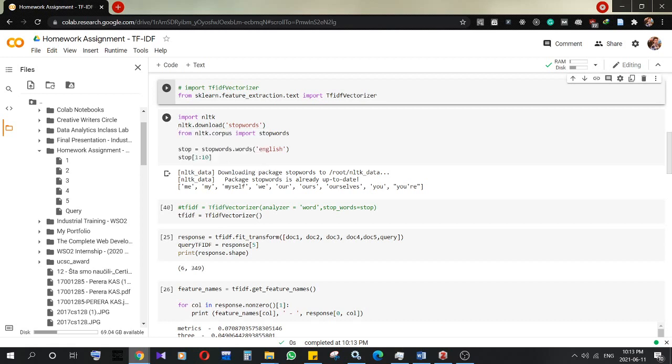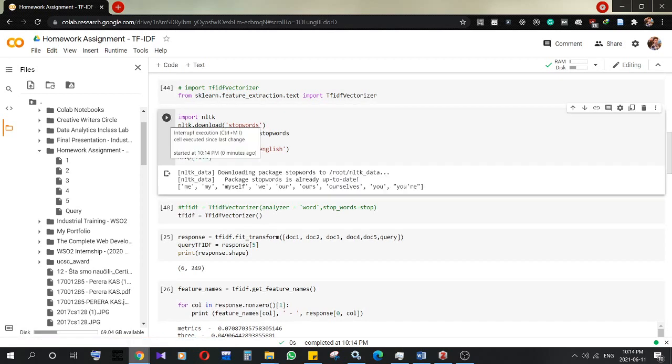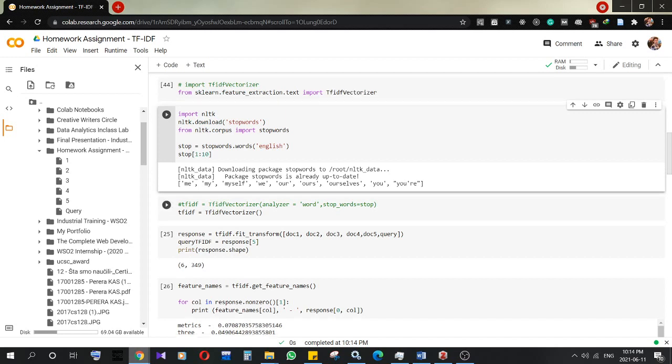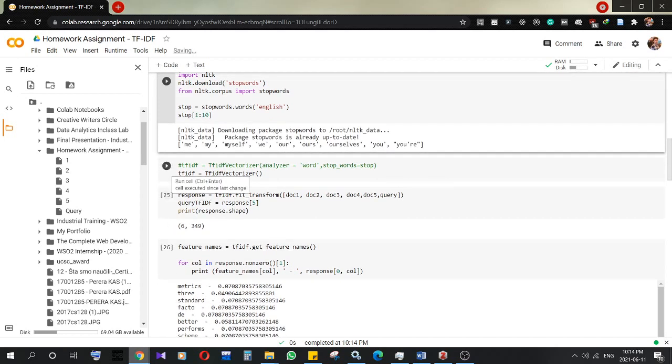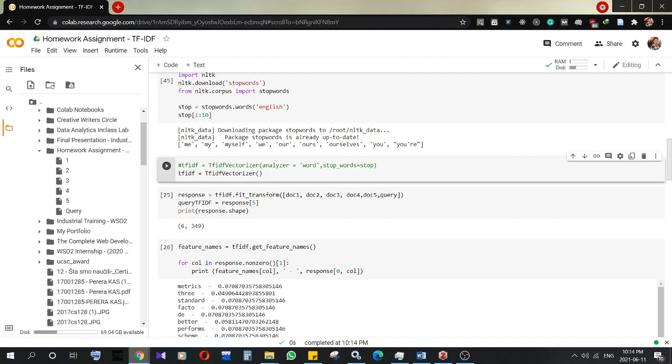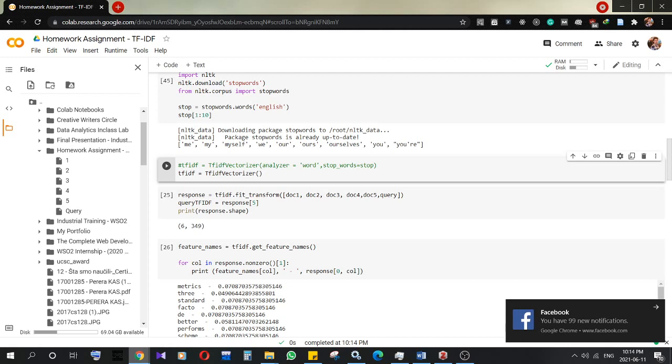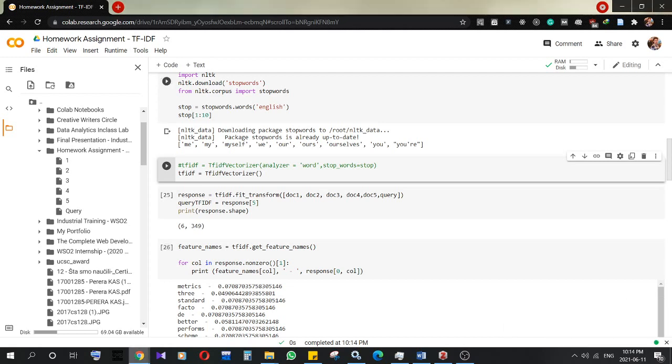In this part I am trying to get a set of stop words from NLTK. I print the first 10 words, but first let's look at it without any parameters for the TfidfVectorizer. I've gone with the documents provided in the lab session,